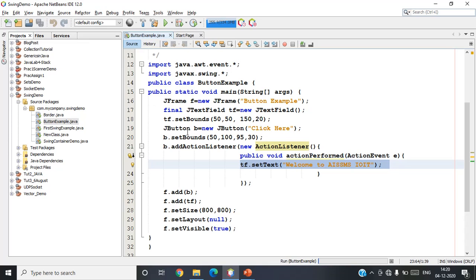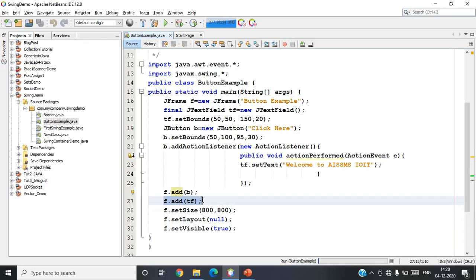Now what is tf? tf is my text field. Here I have created the text field object. So it will set the text of my text field as Welcome to AISSMS IOIT. Now all the components which I have created here with the different objects, I need to add onto my frame. My frame object name is f, so f.add(b) will add the button on my frame.